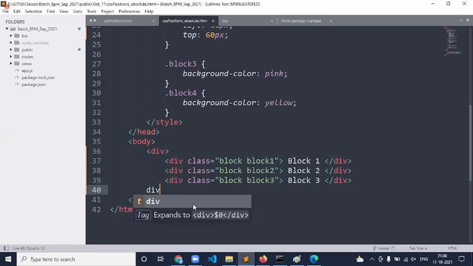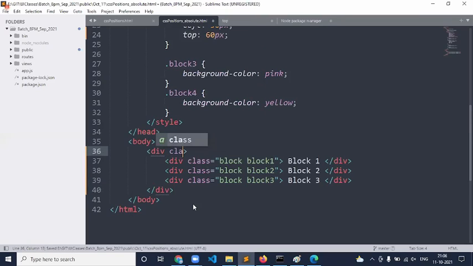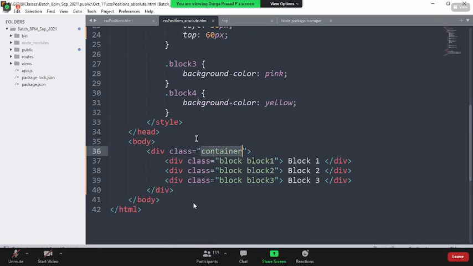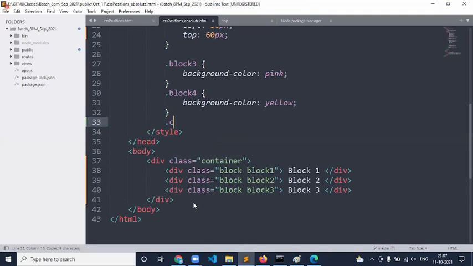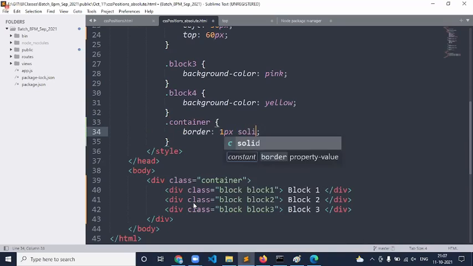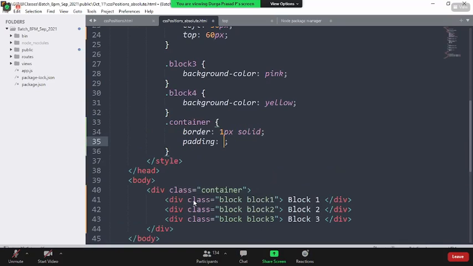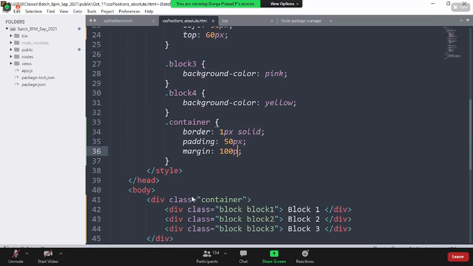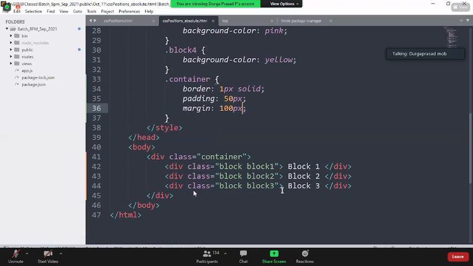I add a div here and call this class container. Now I say .container with border 1 pixel solid, padding of 50 pixels, margin of 100 pixels. Now you tell me, what is the child of block 2?